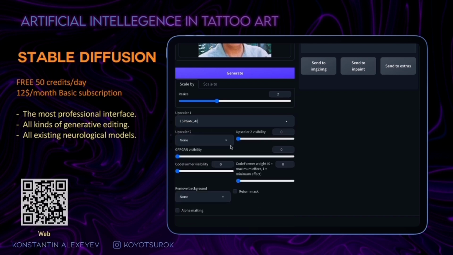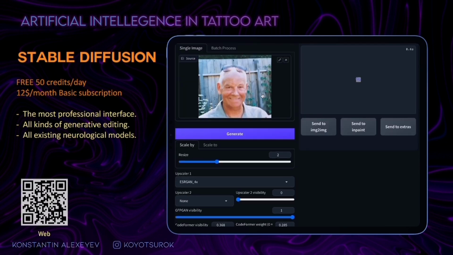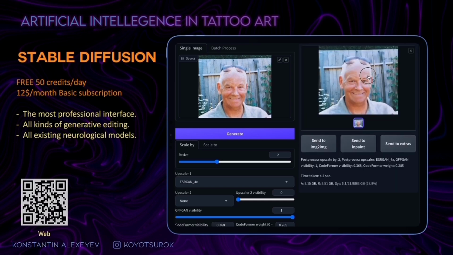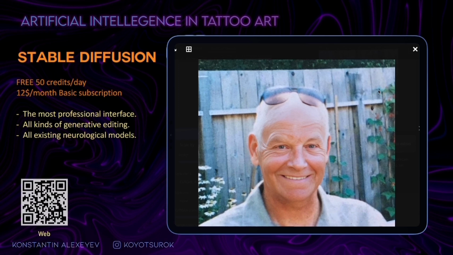This one is good for realistic images. These settings work perfect for faces. I think it's the best upscaler ever. Look at all these details.